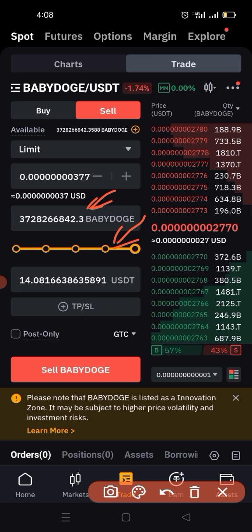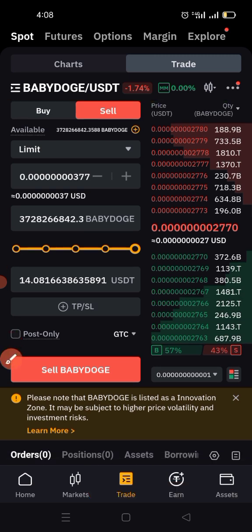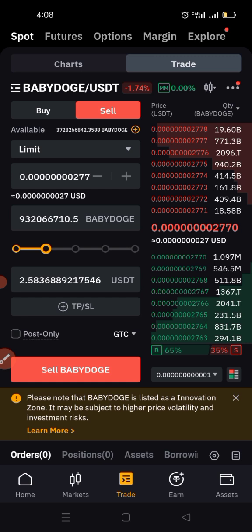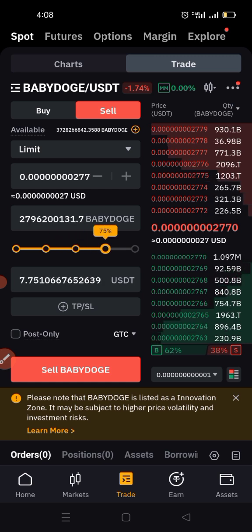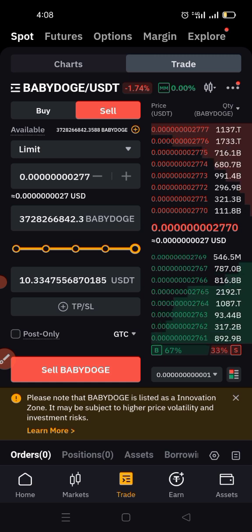You type the quantity you want to sell. But if you want to use this method here, you either set it at 50% if you want to sell half, or if you want to sell 20%, you use 25%, and you set it. But if you want to sell all your tokens, you set it to 100%, and then you click on the